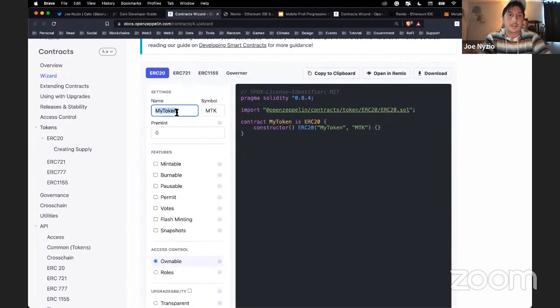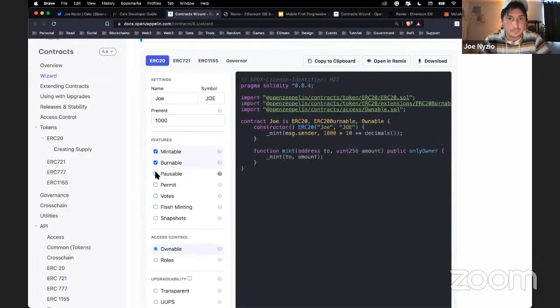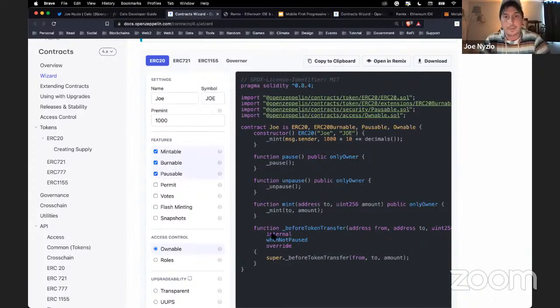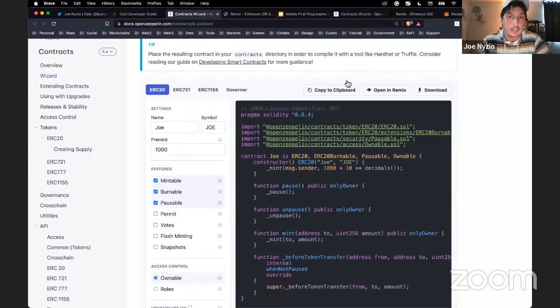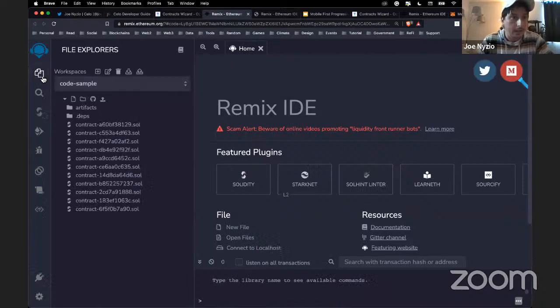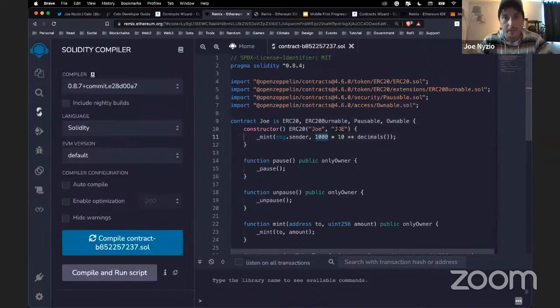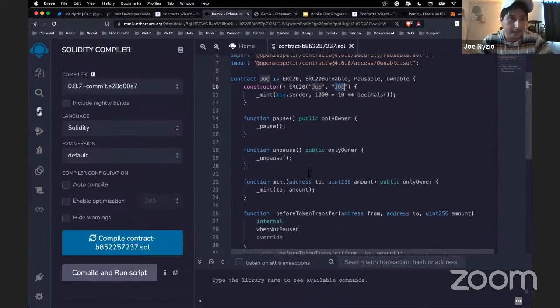And what I like about it is say, hey, I want to make a token, make a Joe token. Here's a symbol. I want to make 1,000 of them, and I want to be able to mint, burn, pause, or whatever else you click, and it's populating it for you right away. So you still don't actually have to write custom code quite yet, and it gives you a good chance to experiment with stuff. Since Remix is so popular, they have it integrated right in here for you. And when you open that up, you'll see it's Joe token. Like I said, I want 1,000 of them and all the other functions that I asked it to have.